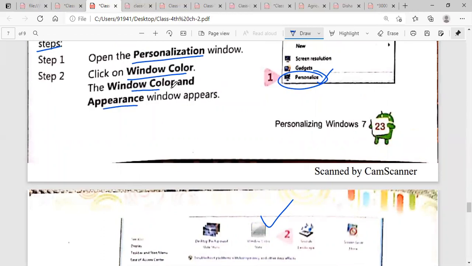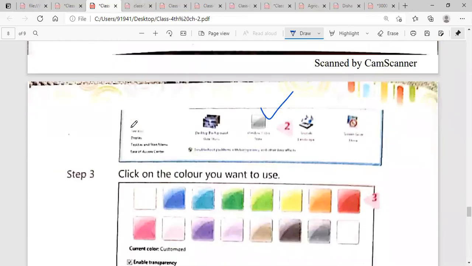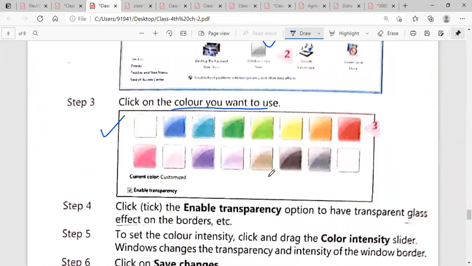Okay, now next is window color and appearance. Windows appear. Okay, now the third step is to click on the color you want. After clicking on the second step, next this window will be visible. There are various colors you can see, the color which you